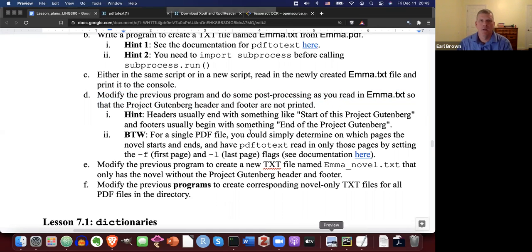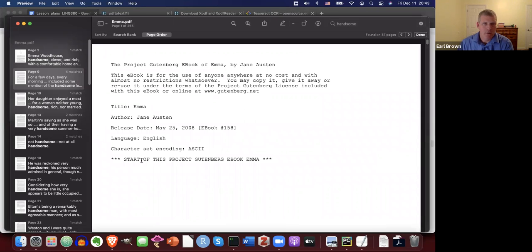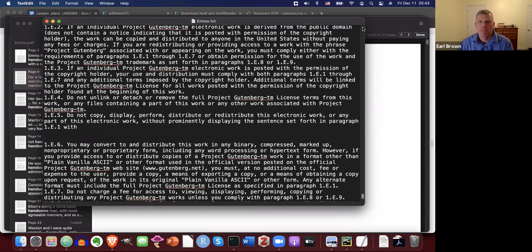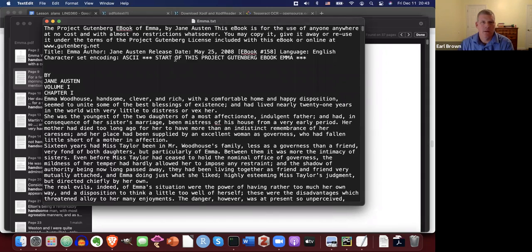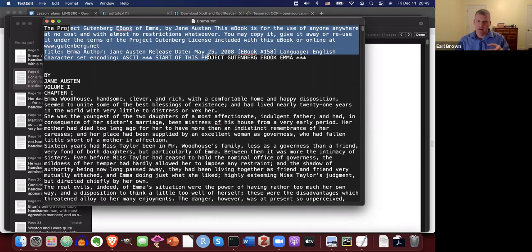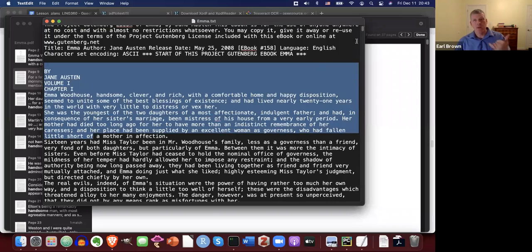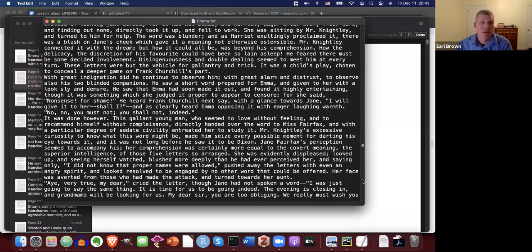I'll just show you what I'm talking about. So here's the PDF, and right here it says start of this Project Gutenberg ebook Emma. So when you're reading in the text file, which is actually over here, right? When you're reading this into Python line by line, you need to look for this phrase. And when you find this phrase, you need to start paying attention to the lines. So up until this point, just don't pay attention to the lines until you hit this line. You're like, okay, now here's where the novel starts. So I need to start printing out these lines and keep printing out each of those lines until you hit the footer,